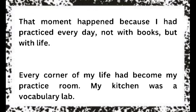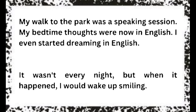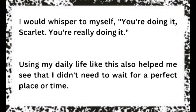Every corner of my life had become my practice room. My kitchen was a vocabulary lab. My walk to the park was a speaking session. My bedtime thoughts were now in English. I even started dreaming in English. It wasn't every night, but when it happened, I would wake up smiling. I would whisper to myself, "You're doing it, Scarlett. You're really doing it." Using my daily life like this also helped me see that I didn't need to wait